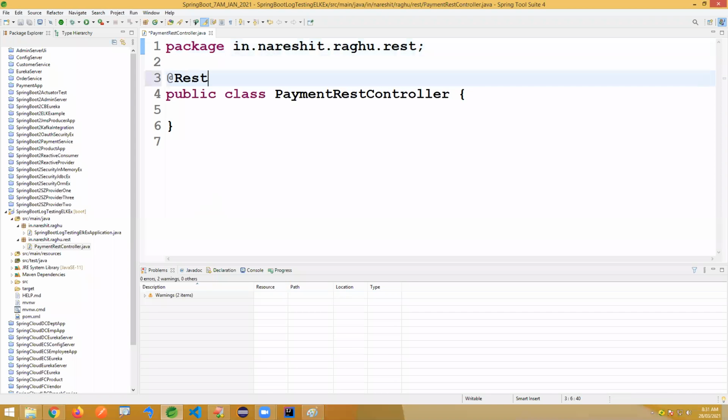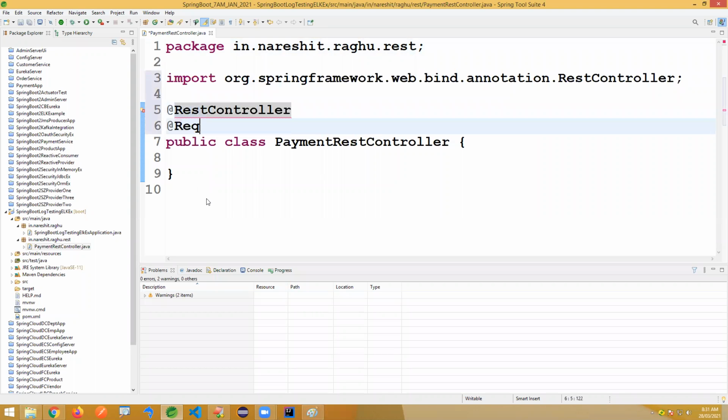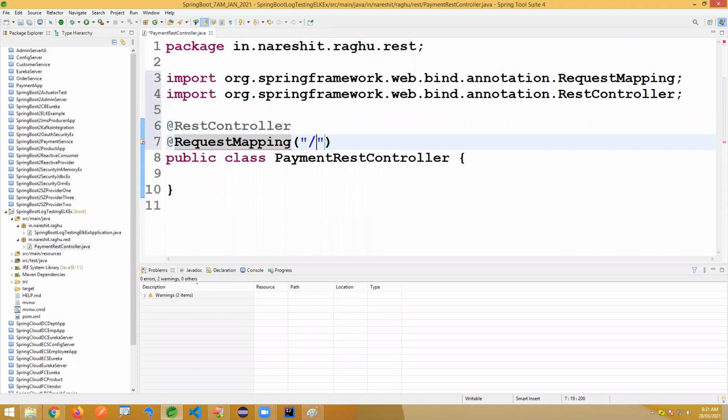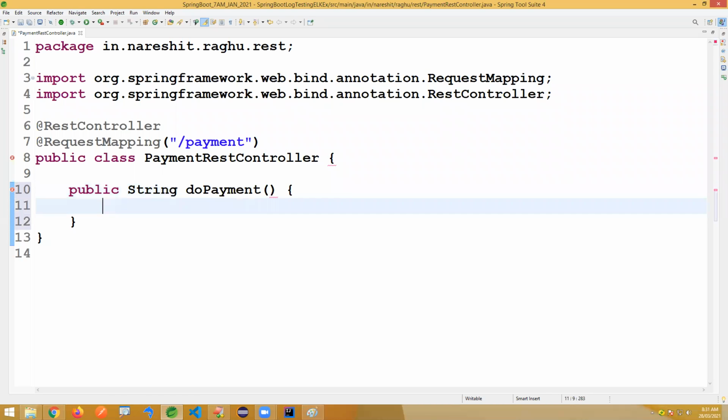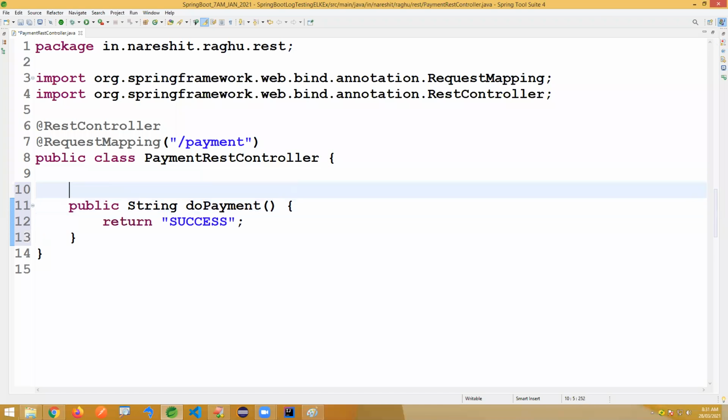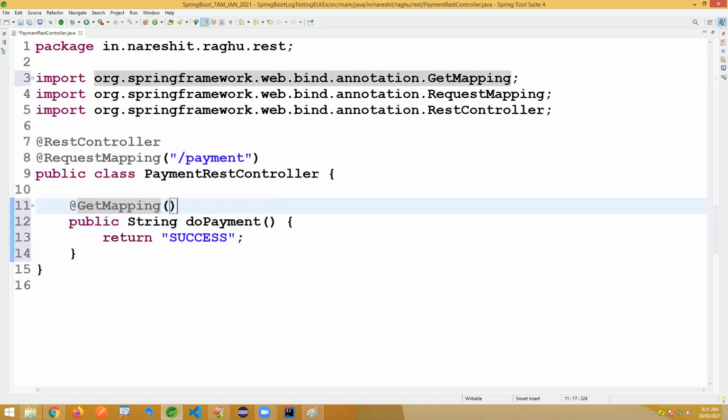There I'm writing @RestController and @RequestMapping /payment. Public String doPayment, return success. I'm just writing a dummy logic here, /doPay.